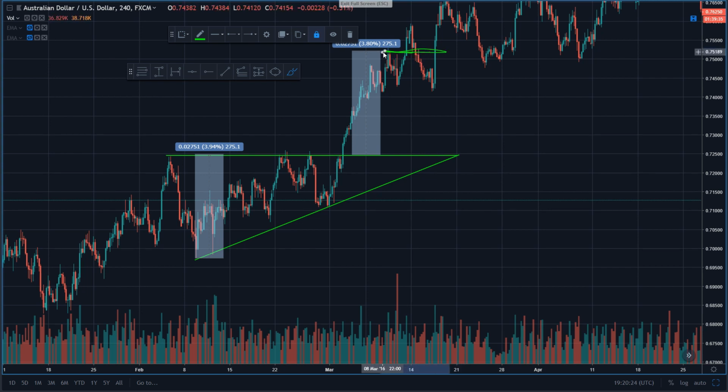And that is it. That is how you identify an ascending triangle and how you execute a trade on an